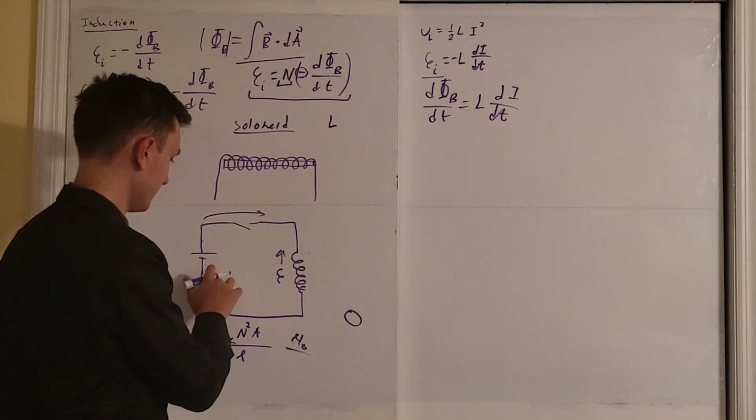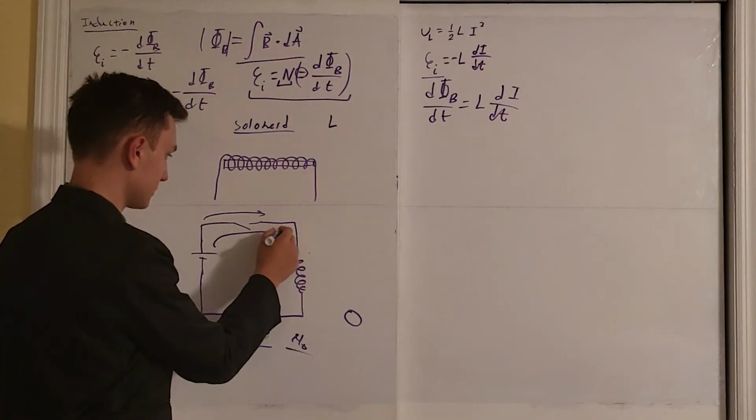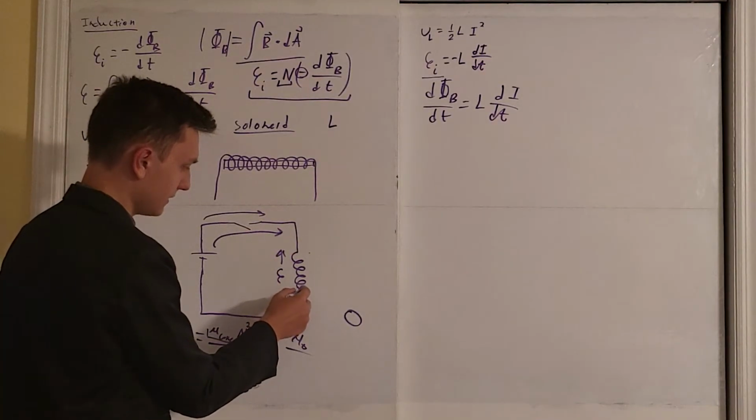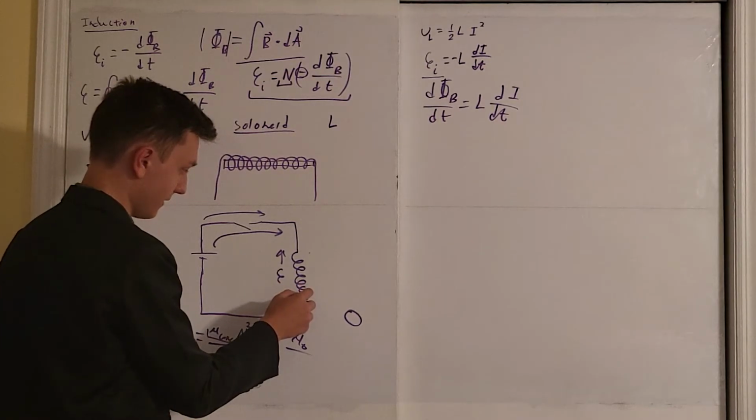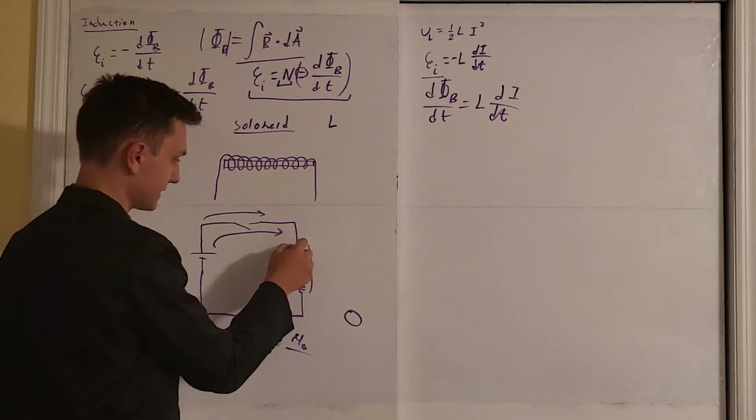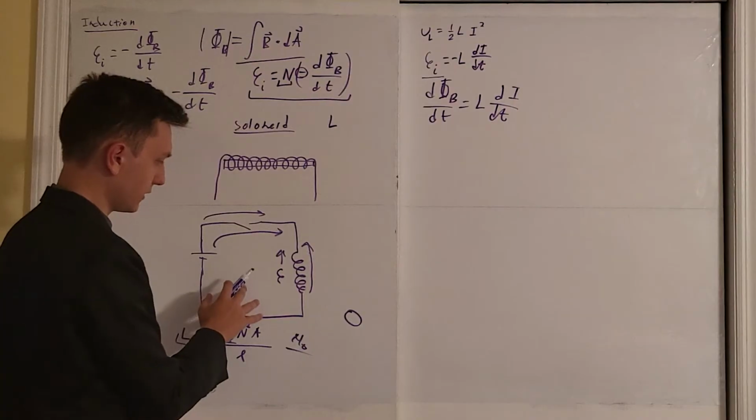Okay, so if the battery starts to send current this way, the inductor will create its own EMF that will try and send current this way, opposing the flow of current,